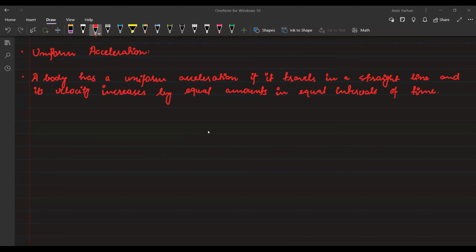There is no acceleration except the gravitational acceleration exerted by gravity. If you drop a ball from the top of a building, the ball will fall with uniform acceleration, which is called gravity. Clear? So the example is